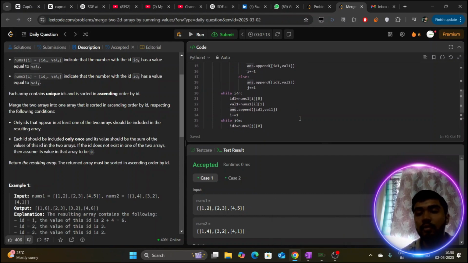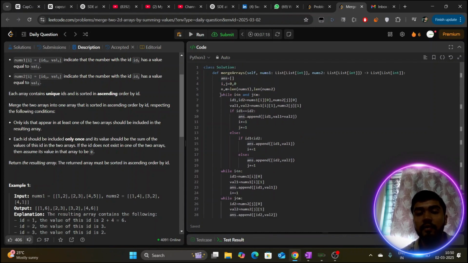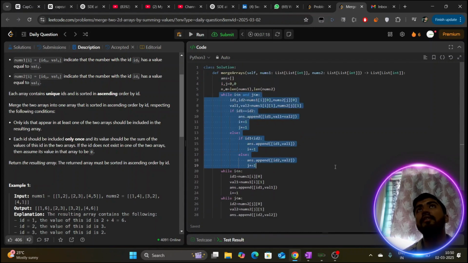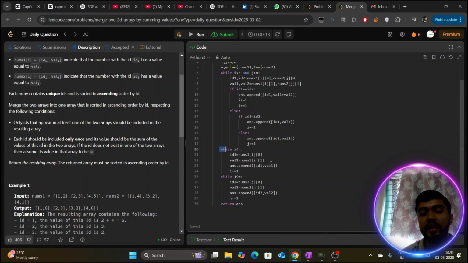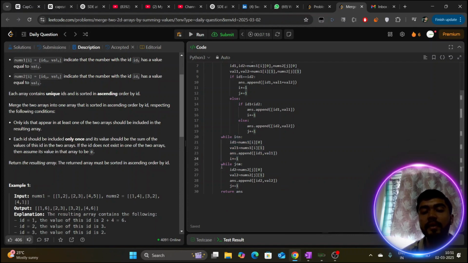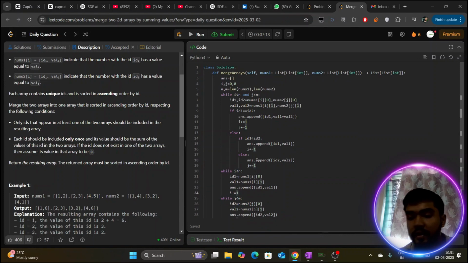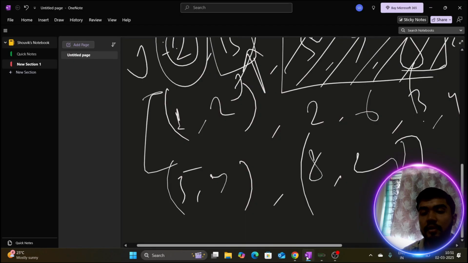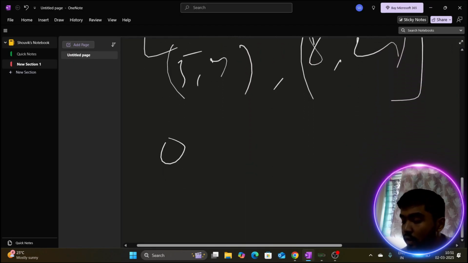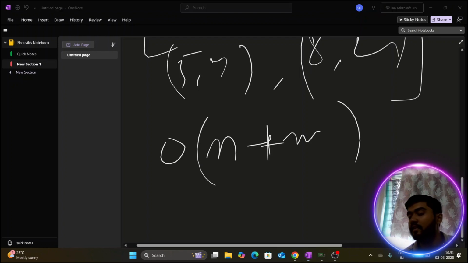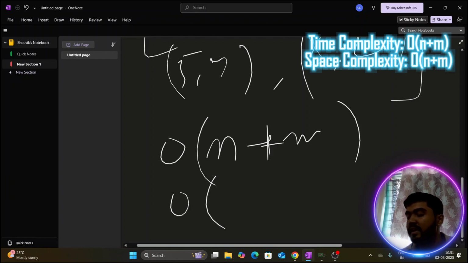Yeah, that is for this question. On time complexity, what we are doing is iterating on the first array. This loop is going to run on the intersection of both the arrays, this loop is going to run if there are some remaining elements in nums1, and this loop if there are some remaining elements in nums2. So the complexity is very standard, the standard time complexity of merge sort, that is big O of n plus m, where n and m are the lengths of nums1 and nums2, and the space complexity is also going to be n plus m,